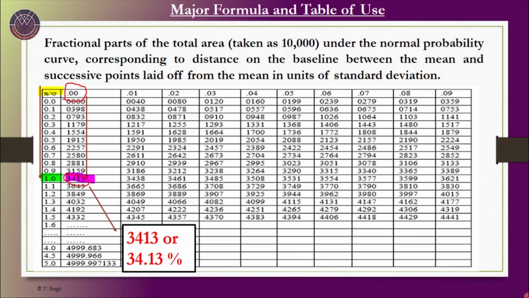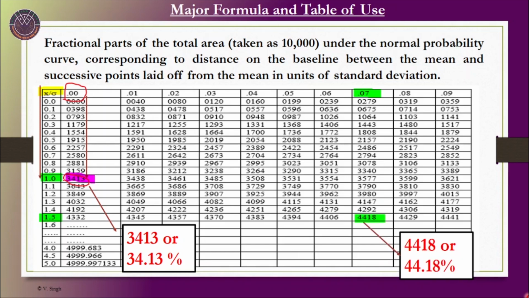1.57 sigma, say we go down the x by sigma column to 1.5, then across horizontally to the column headed by 0.07 and note the entry 4418, or 44.18% of the entire cases of 10,000 lies in between mean and 1.57 sigma unit. This table is thus of major use whenever we are in the process of solving problems based